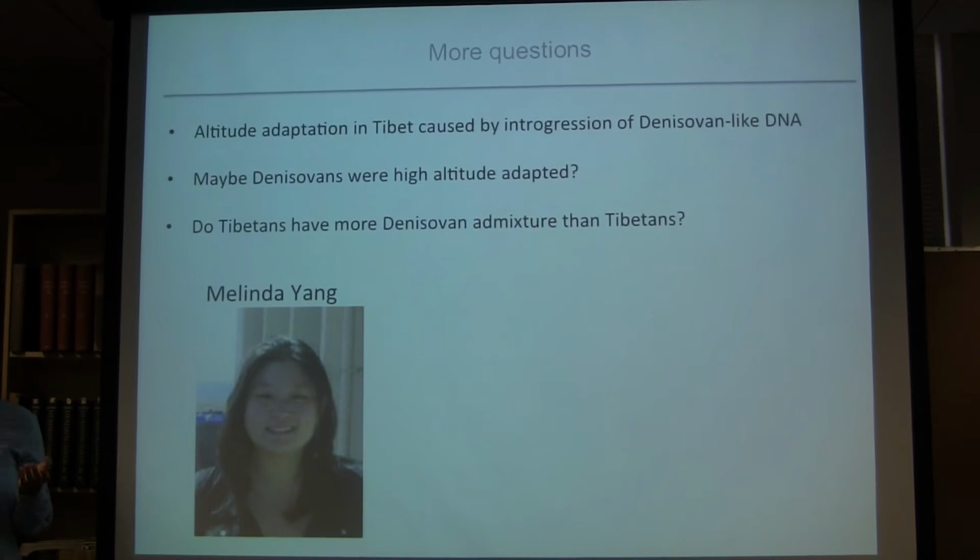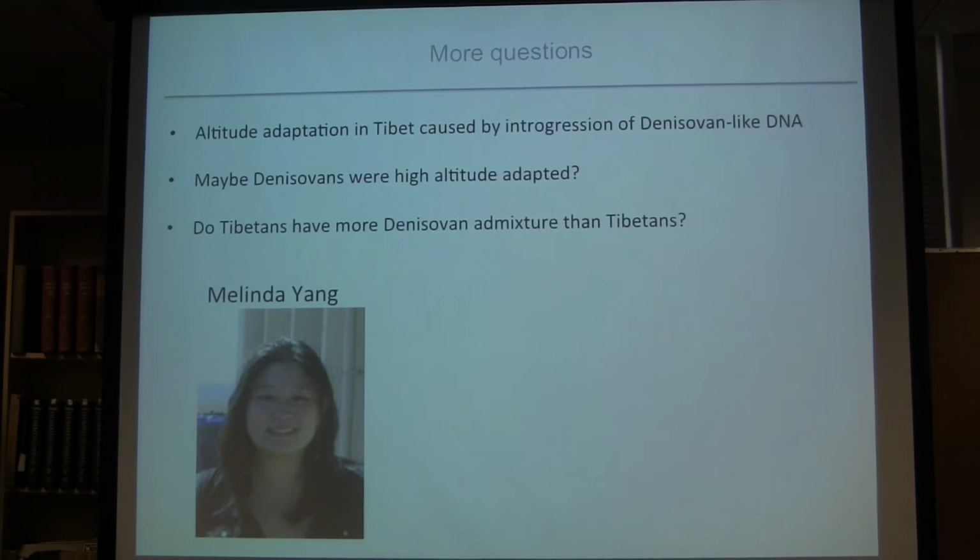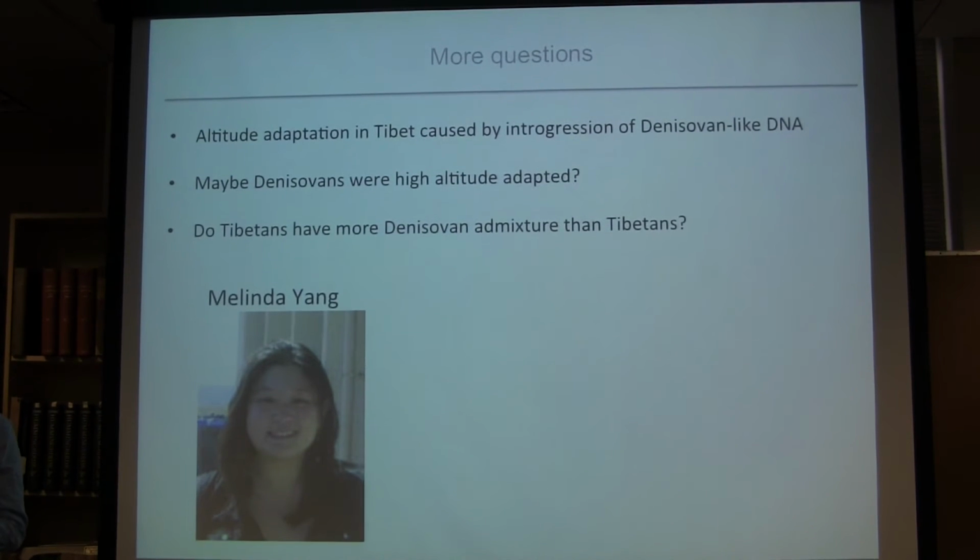And of course there are now more questions. We are always asked, do you think that the Denisovans were high altitude adapted? I don't know, and we probably will never know. I think the closest we can get to knowing is that if we actually find a causal mutation in the Tibetans, and the Denisovans have that mutation, then maybe we can speculate that they were, but we don't know. And the next obvious question is, do Tibetans have more Denisovan ancestry than, say, other East Asian populations